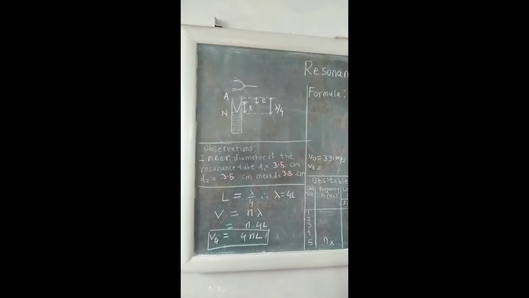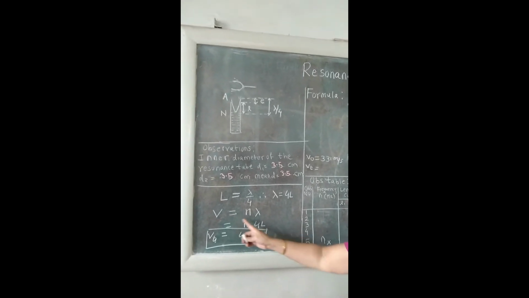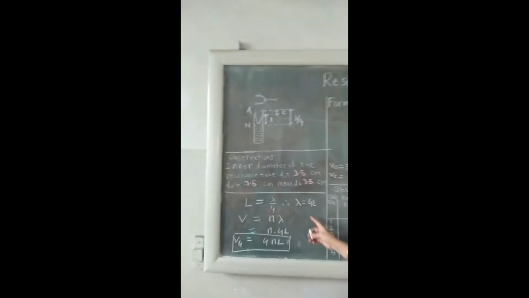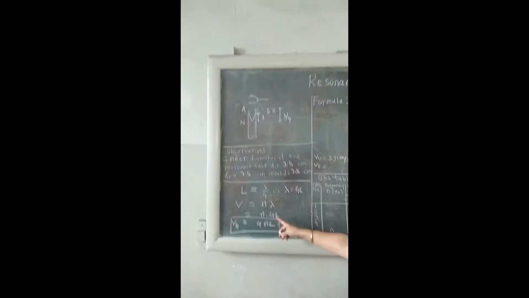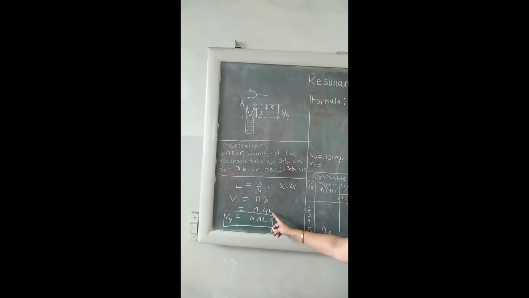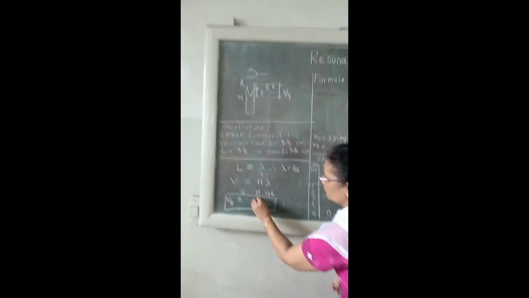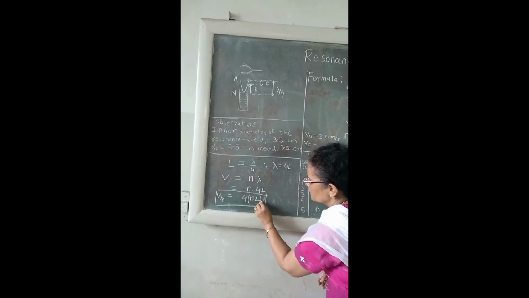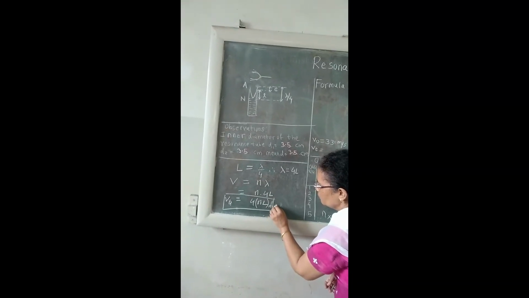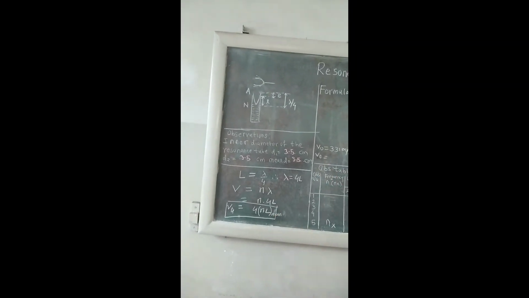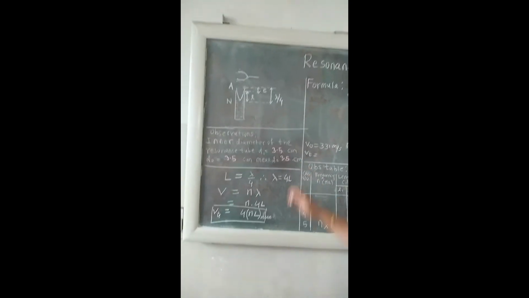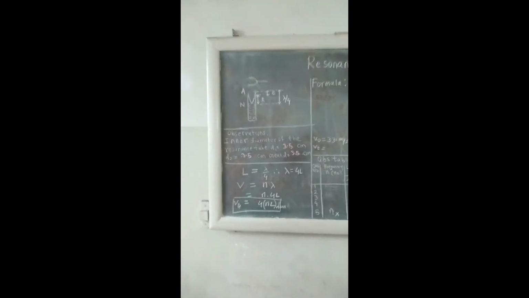We know the basic formula of velocity, V is equal to N lambda. Substituting 4L here, it is equal to N into 4L, that is 4NL. We have to find out the different values for different tuning forks, so we have to find out the mean value of these Ns. So this is what theory tells us. Now the practical part is also equally simple.